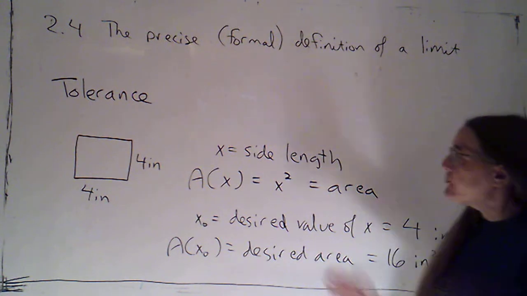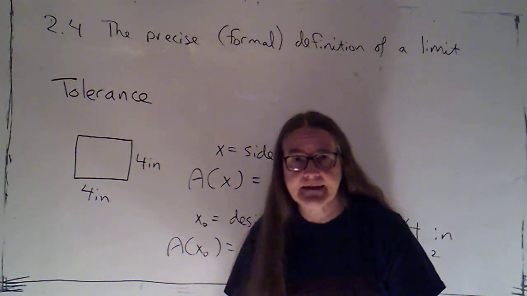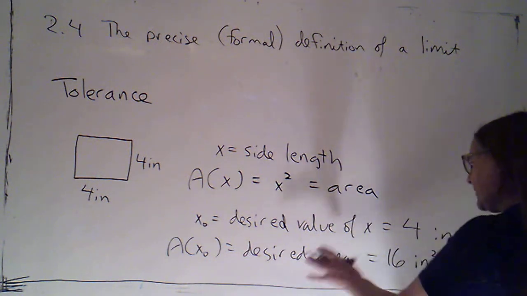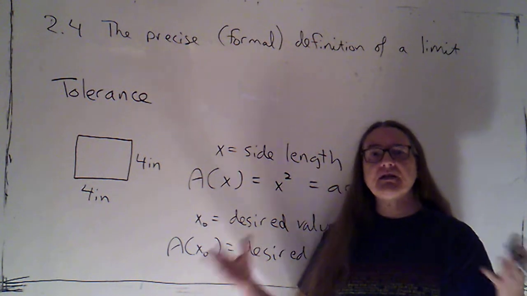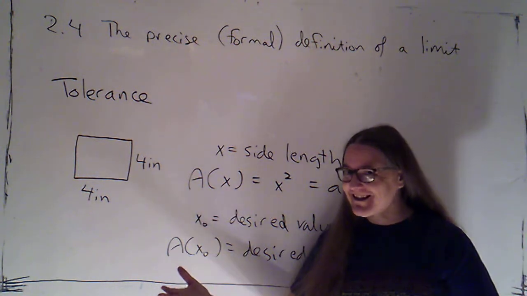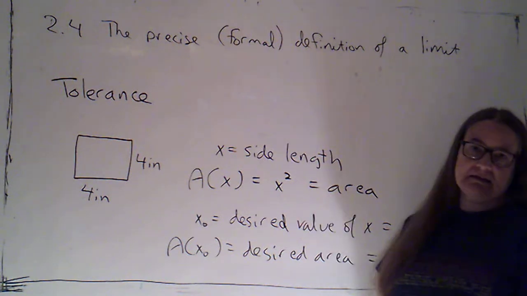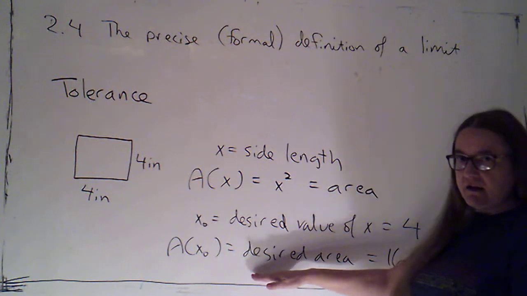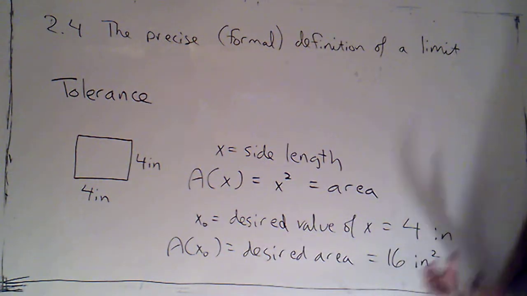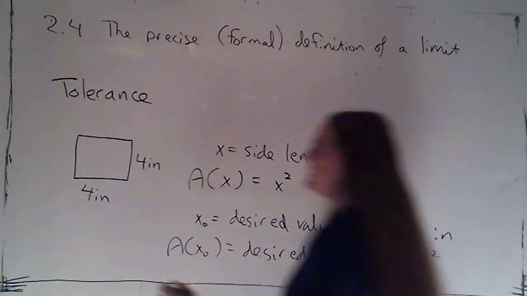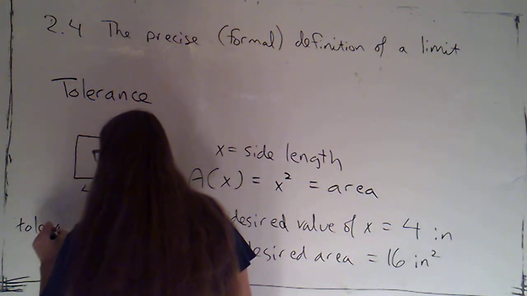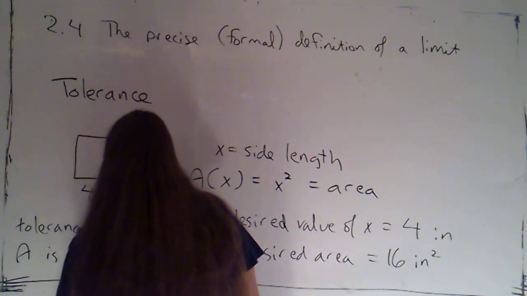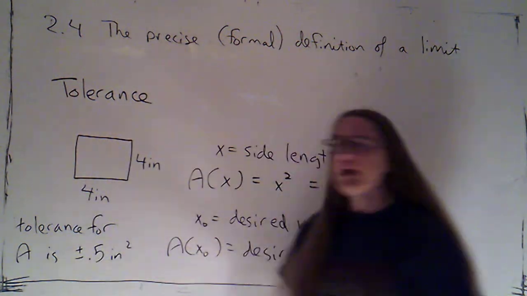Okay. Now, I'm probably going to make some mistake in measuring the side length, and of course if I do that, that's going to affect the area. Okay. But the area is going to be relevant in terms of how much material I actually purchase in order to make these things. So let's suppose that we want the area to be within half of a square inch. Okay, so the tolerance for the area is, and I'm just going to write it as plus or minus 0.5 square inches,